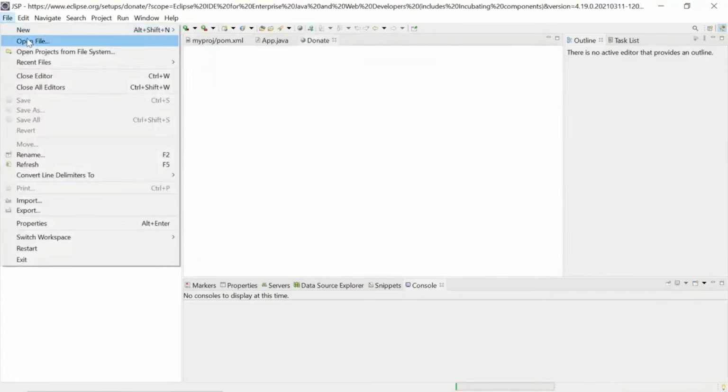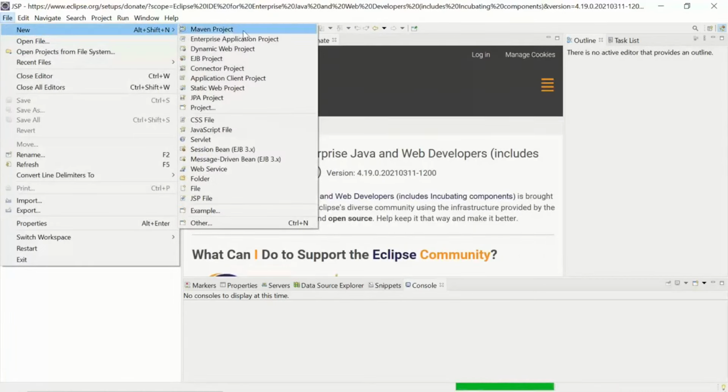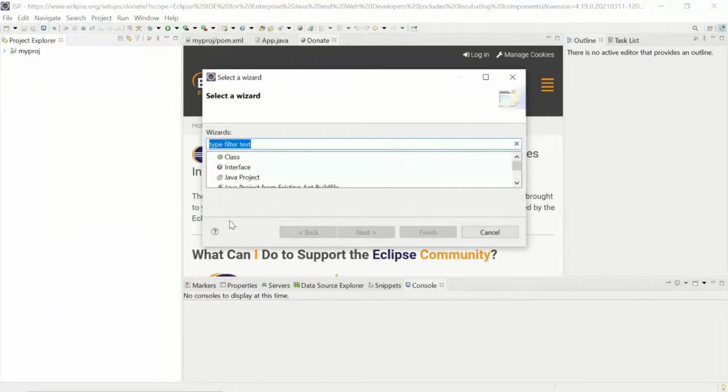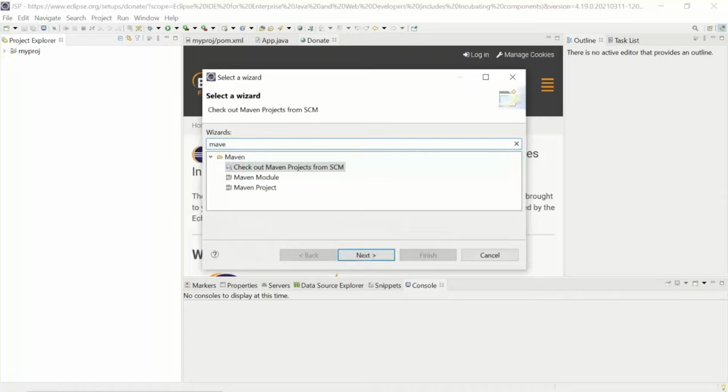So if you see, if I go to file, new Maven project, I can create a Maven project from here. Or if this Maven project is not available here, you can go to Other, and here you can type Maven project. Okay, so you can search. If that option is not available in the file menu, you should use that one. Okay, so for example, if I say new Maven project,